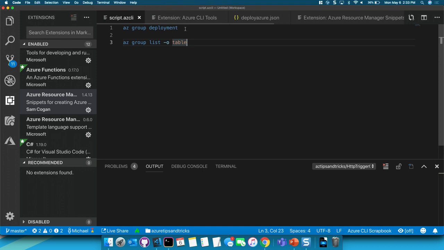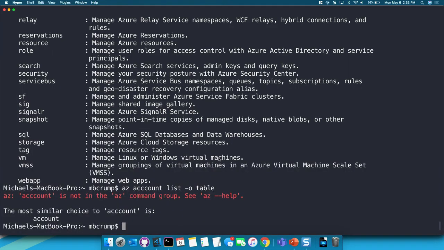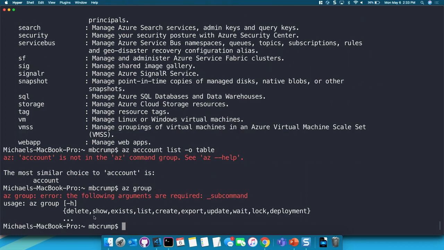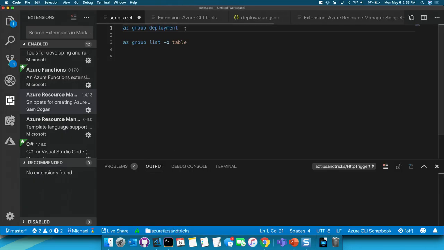if I ran that same sort of command right here, if I did that AZ group list, you can see I start to get IntelliSense as I'm starting to type, which is pretty amazing. And even for the more complicated ones, if I was trying to look at AZ group, now I can see there's a couple of different commands that exist for it, but it's a lot easier if I use Visual Studio Code and I use this extension called Azure CLI